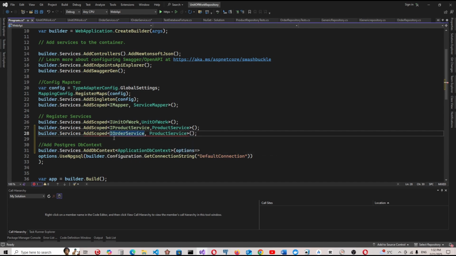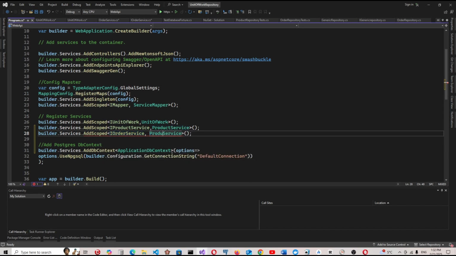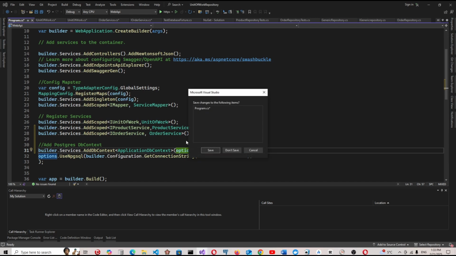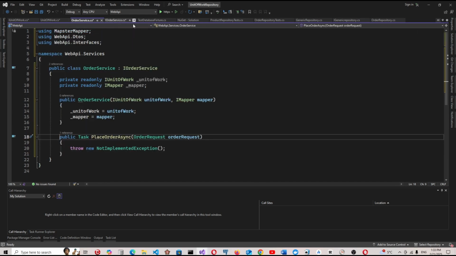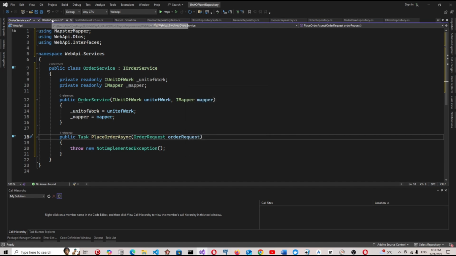Well, we need the interface type of order service, and we return the implementation of order service. Oh, here, okay. So go back to order service. Please, we can now start place